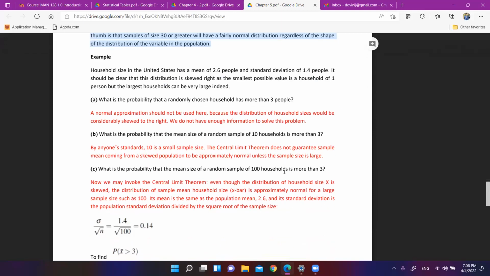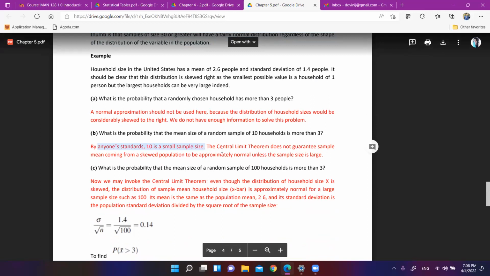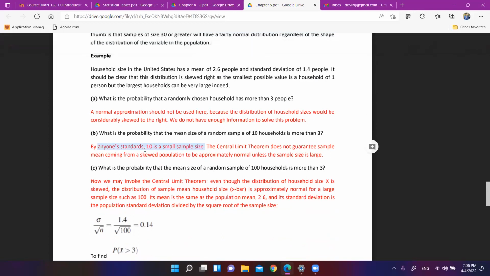So as long as we don't know the distribution of this, why we don't know? Because it is a small sample and the distribution name is not given. It says it's right skewed. By anyone's standard, 10 is a small sample size. 10 large sample කියලා කවුරු හරි හිතුවොත් normal approximation දාලා ගන්න හදන්න පුළුවන්. Then 10 large sample නෙමෙයි නම්, if it is a small sample, still you don't have enough